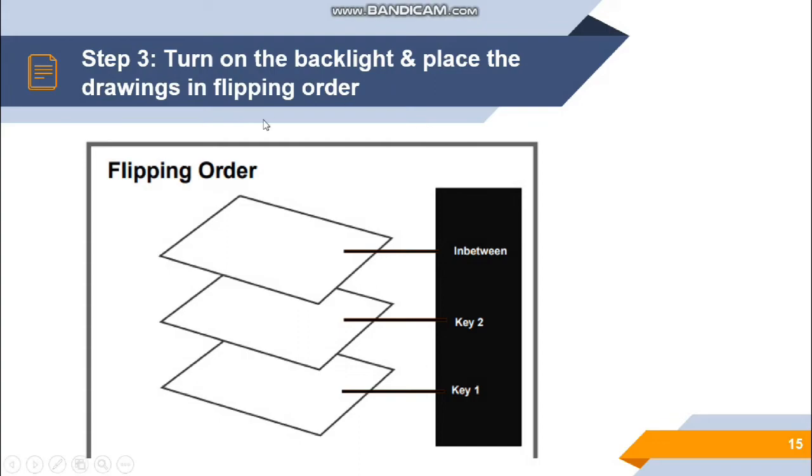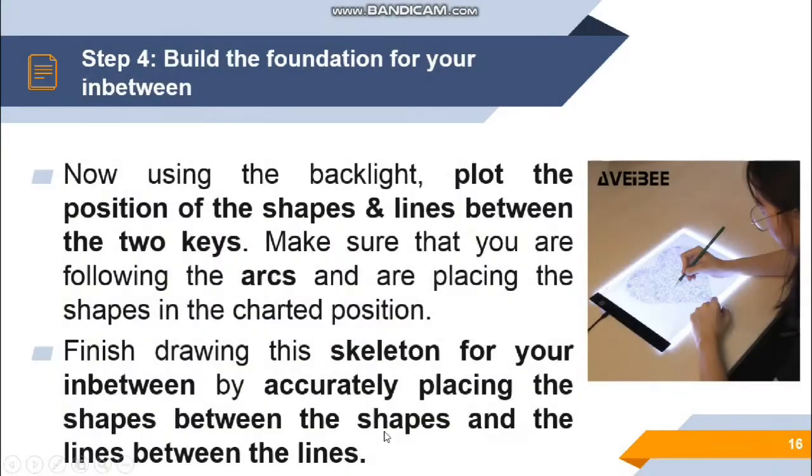Step 3 is to turn on the backlight and place the drawings in flipping order. This 10-step in-betweening is very useful in the traditional way, but you can also do this the modern way, which is using your layers as a basis in creating the in-betweens. So, flipping, we have here your in-between, your key 2, and your key 1.